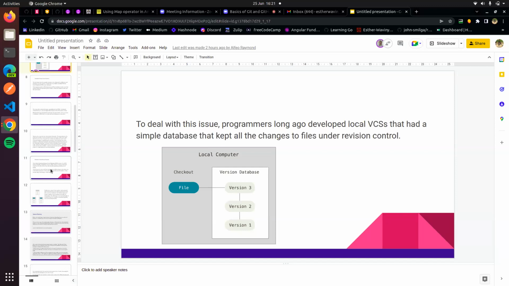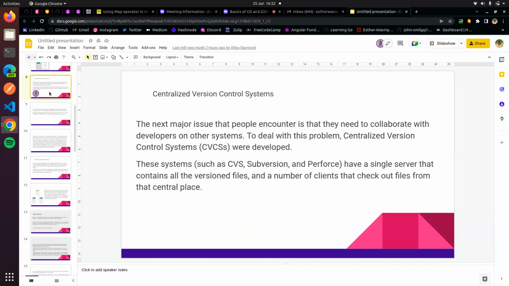So when you have a version control system, this local version control system was designed, and it had a simple database that kept all these changes to a file under a revision control system. And then next we had centralized version control systems. The major issue that people encountered is that they needed to collaborate. Let's say developers in an office were working on projects. If someone makes different changes, they have to share the files, like on a floppy disk. I don't know, that was a long time ago. So they exchange them